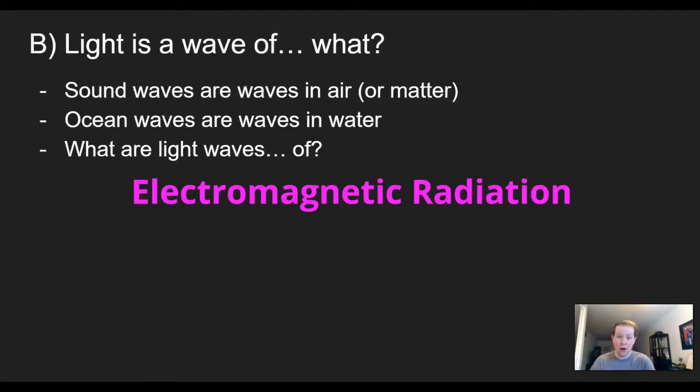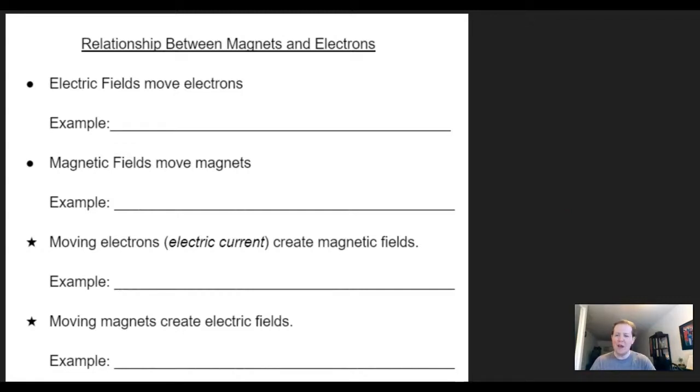Oh my gosh. Do you remember way back when we had this adorable little piece of paper? Way back when I could actually hand you papers and you could put them in your binder? We use this to both discuss how electricity and magnetism are related. We did that in our power plant unit for generators. We saw this again to understand how wireless chargers are able to power your phone. This relationship is also what creates light.